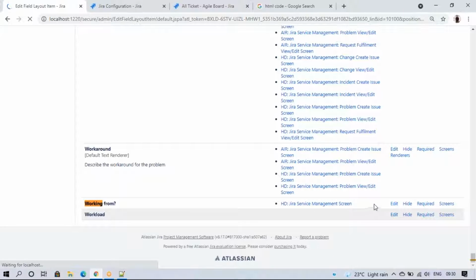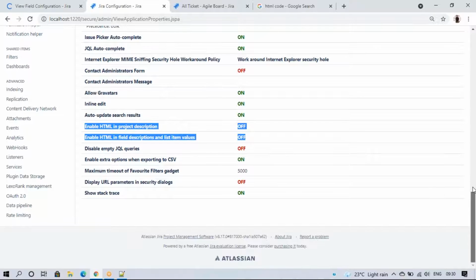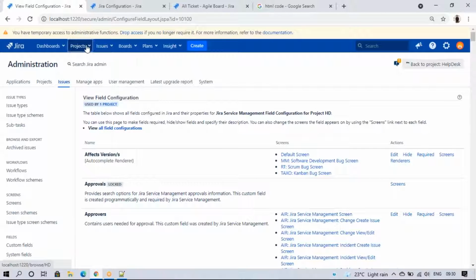Okay, so I can edit it here and I can add a description. For example, any description you add will come. What I'll do is, here, one second. So if I update this, when I'm trying to create a ticket, obviously this will come.